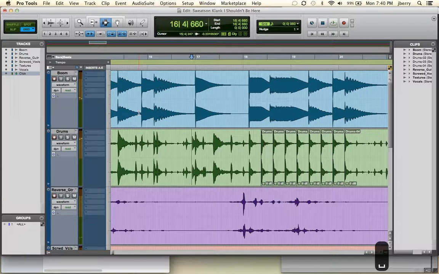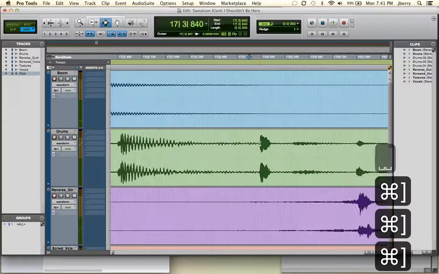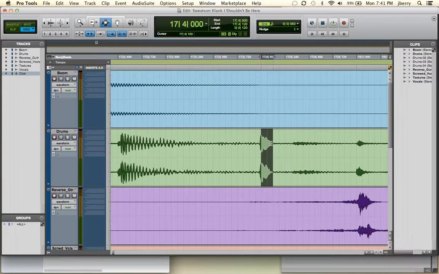Let me find something that actually is a little bit louder so you can actually tell that that is in tempo. Let me solo something out here. How about this piece right here? Little bell. So that little bell sound, if we go in and we highlight just that bell sound,